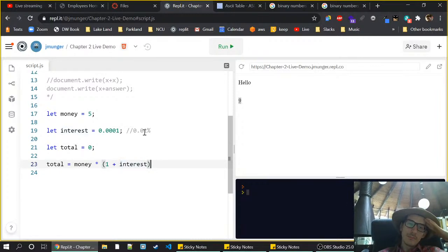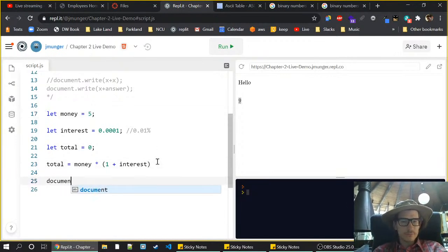We don't want to multiply it by a thousandth, because that will be 1,000th of $5, which is not very much money at all. We want to know what our total account will be with the $5 plus this 1,000th times $5. All right, so we have the amount of money, then multiply that times 1 plus interest. So that just adds the interest on into total. All right, and then if we print that out,